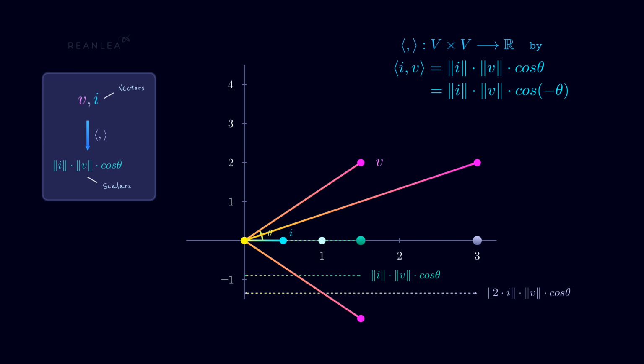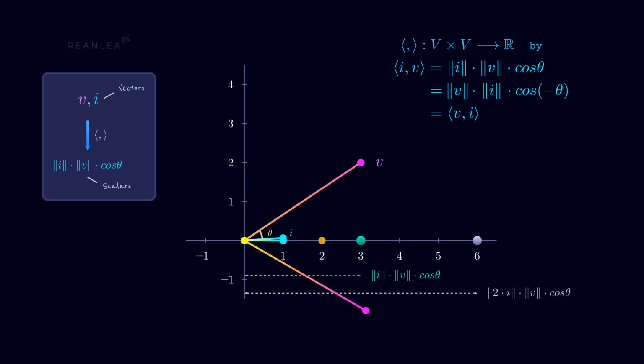Now since the product of two scalars can commute, the expression further represents the inner product of V and I, which is the projection of the unit vector along the vector V. And we can simply visualize it just by applying a rotation on the whole system consisting of those two vectors without changing their norms and the angle between them, and then scaling the unit vector along the x-axis